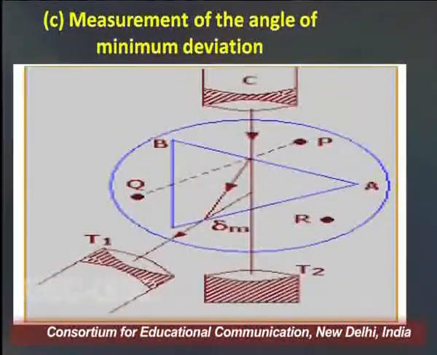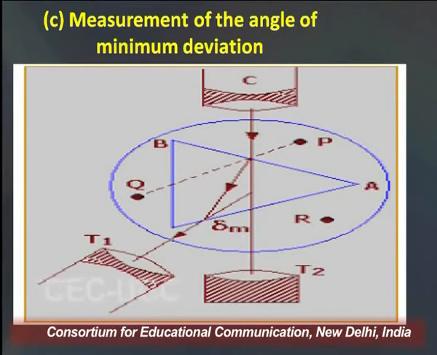Now the next one is the measurement of the angle of minimum deviation. Now you see the position of the prism. Here the position of the angle A is changed. One of the faces of the prism must be in front of the collimator C, and from here light falls upon one of the faces of the prism. Then we can get the angle of minimum deviation at a particular angle, as you see the position of T1 and T2. We have the two positions of the prism, T1 and T2, for the angle of minimum deviation, where we see that through dispersion we can get the various colors.